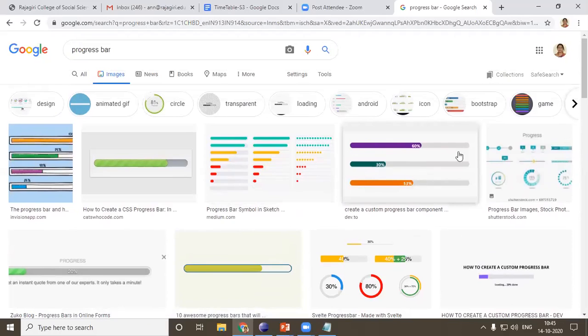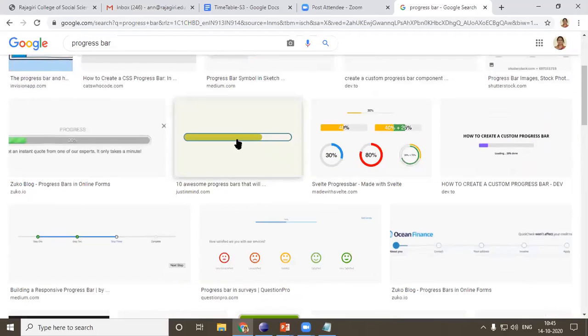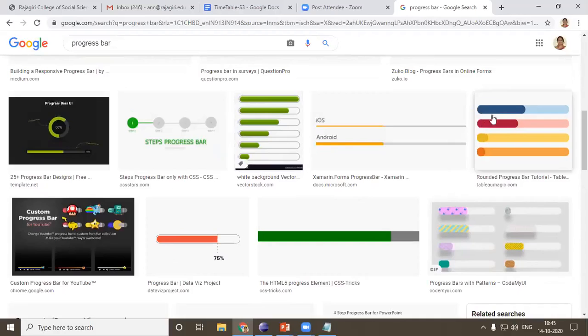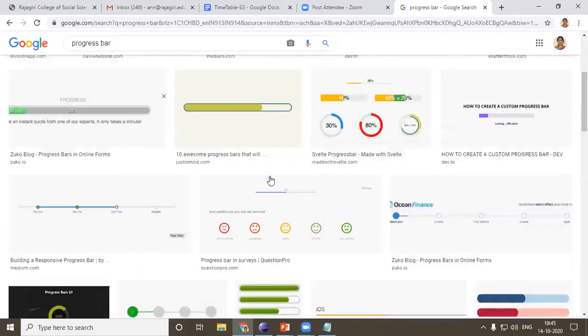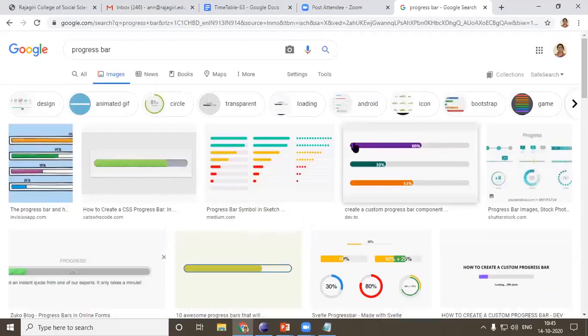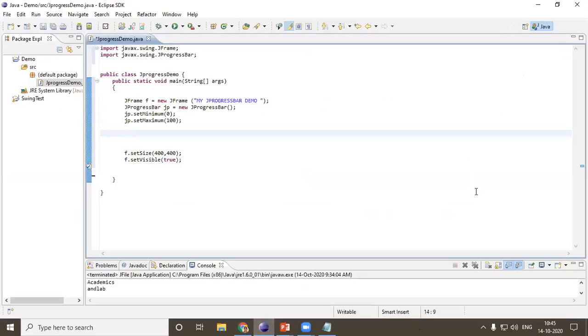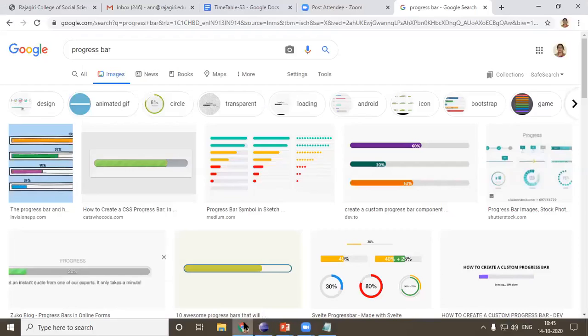Okay, this is what you call a J progress bar. All these are J progress bars. Are you able to see? Yes, so this is what I told you. This is the minimum. This is the maximum. Now look into this J progress bar. You need to see it on your screen, and even you need to see a number inside, like 60%, 70%, and all that. Now to do all that, I believe you're able to see my Eclipse. Yes, ma'am. Now are you able to see my Google images? Yes. Okay, now it's fine.